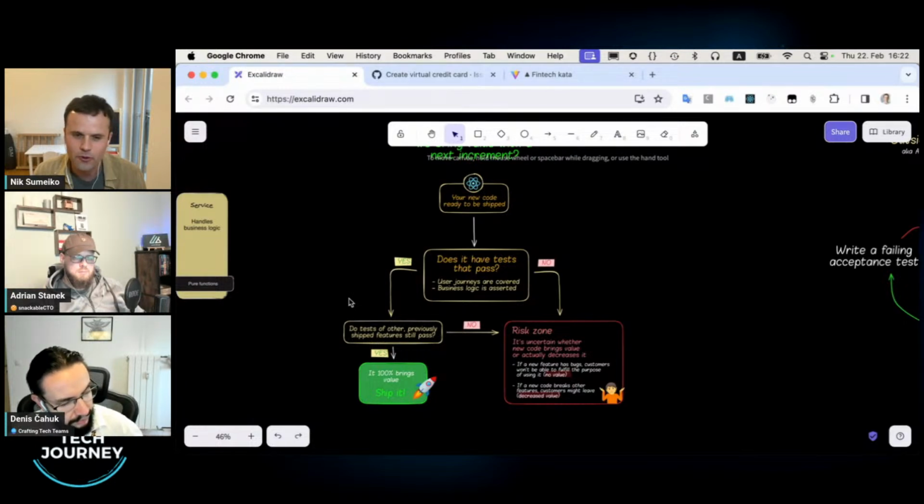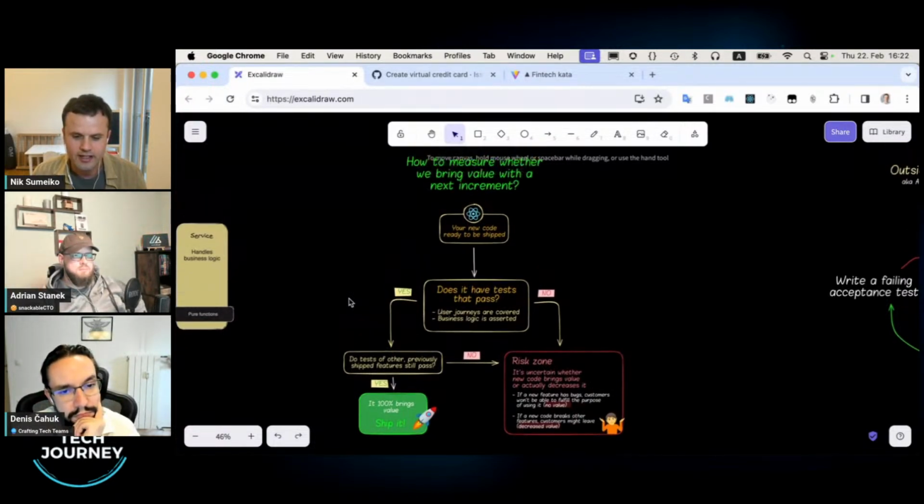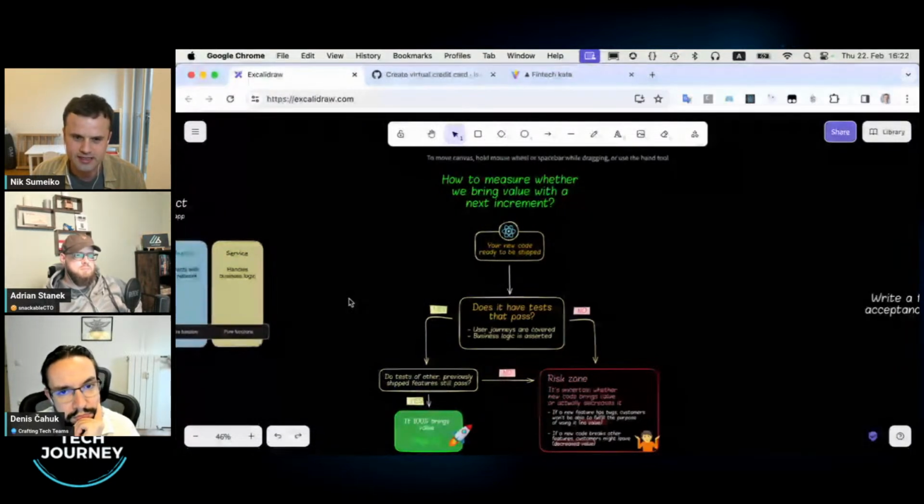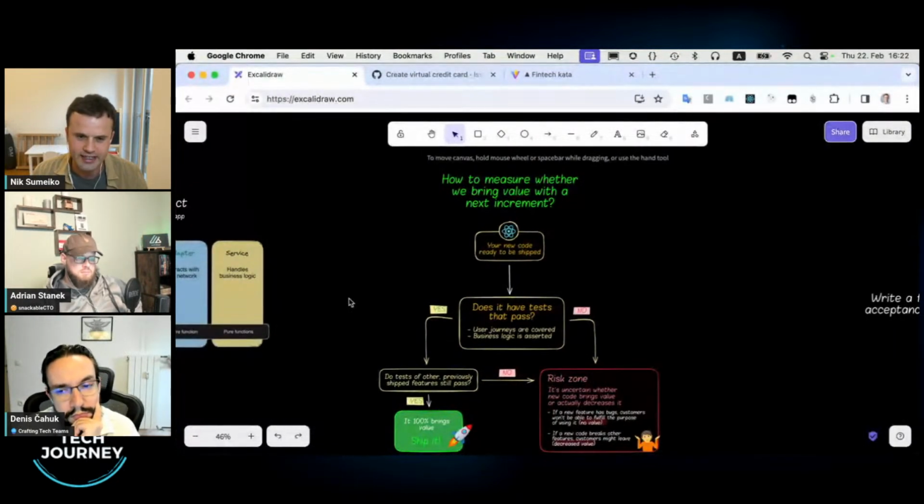And if both are passing, your new coverage for the new increment and all other existing tests, then you can measure that at least you did not destroy the existing business value by breaking something.